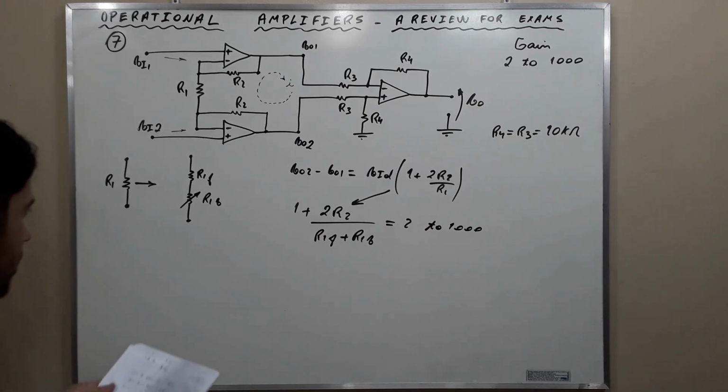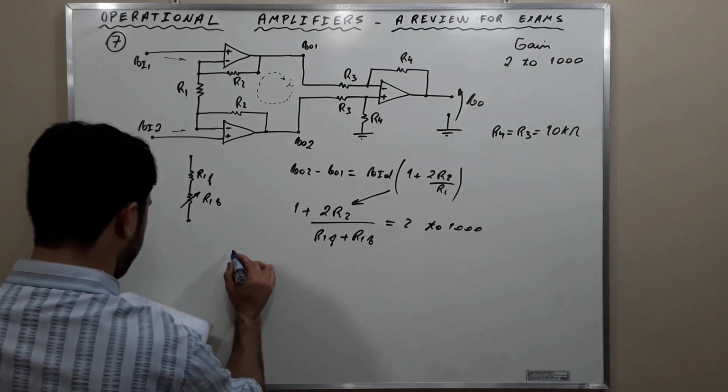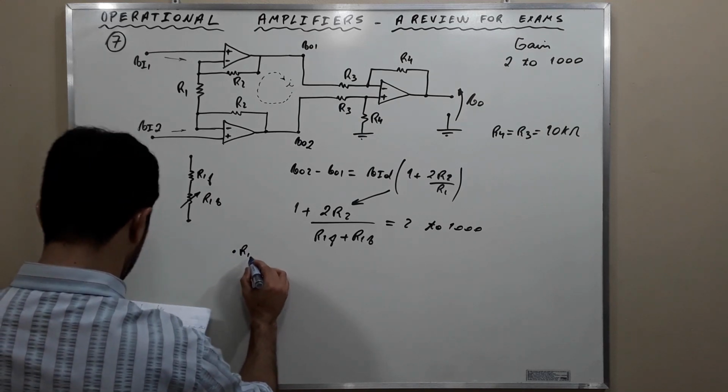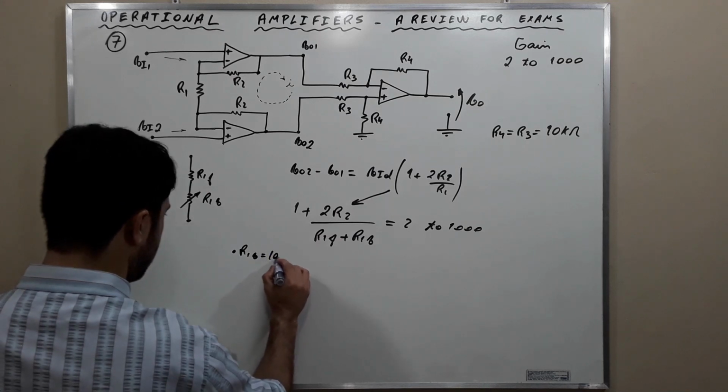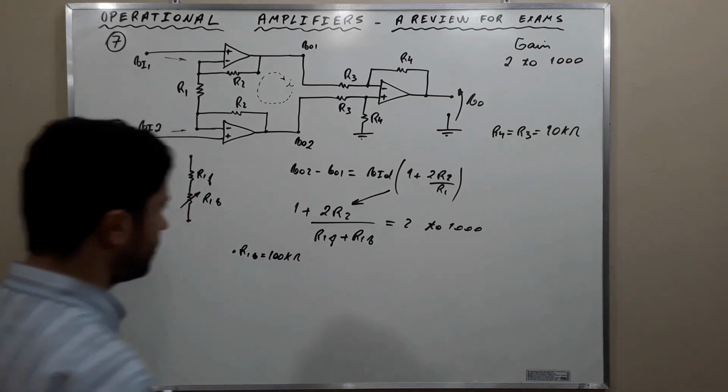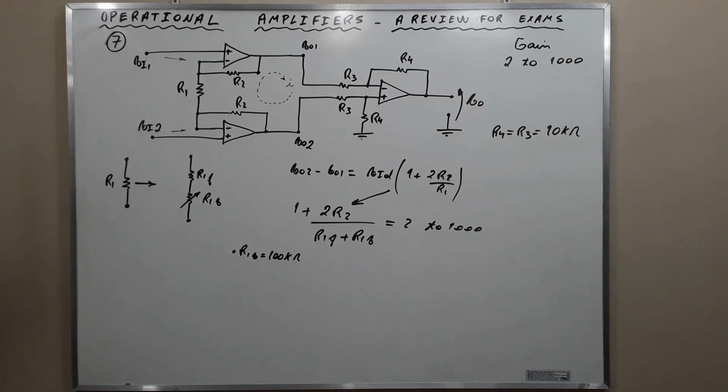If we use R1V as a 100 kilo ohms potentiometer for the variable resistance, we get that